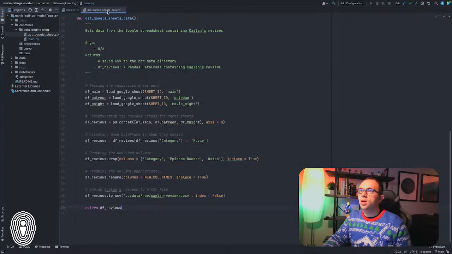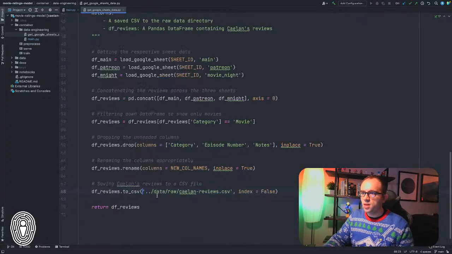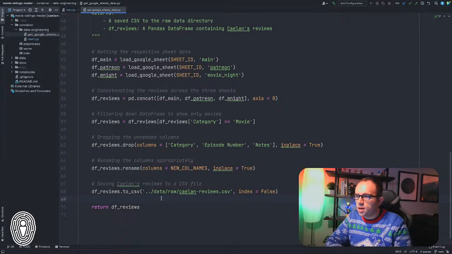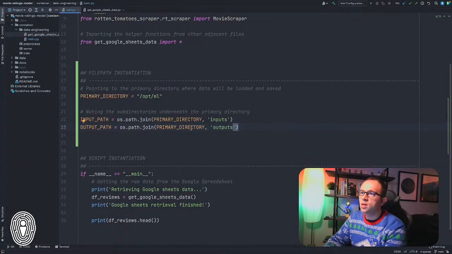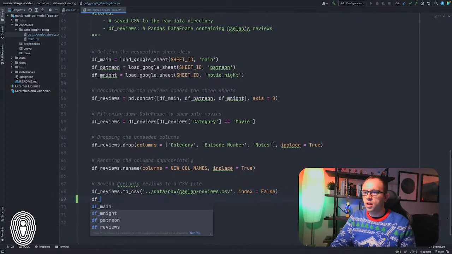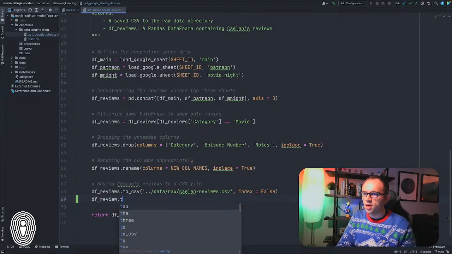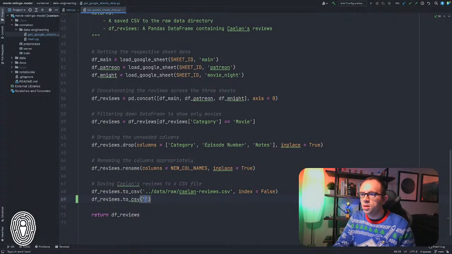Okay, so I'm going to come into here. I'm trying to think of the best way to do this. Because I'm saving these reviews to a CSV file, so data.raw, and maybe I don't even need to do this. No, I do still want to do this. Let me check back in here. I'm going to delete this. For some reason my brain doesn't like to delete something right away, which is why I'm recreating this thing here. So to CSV